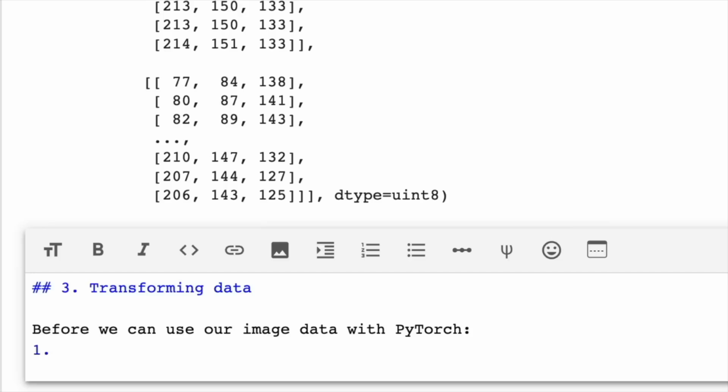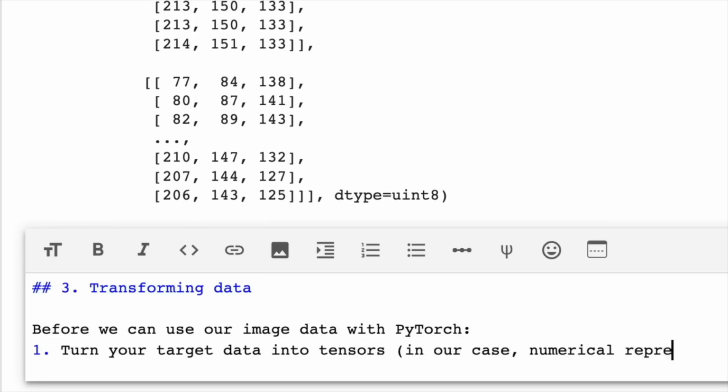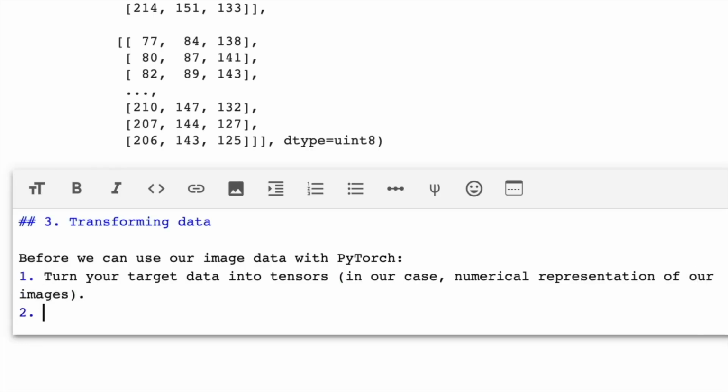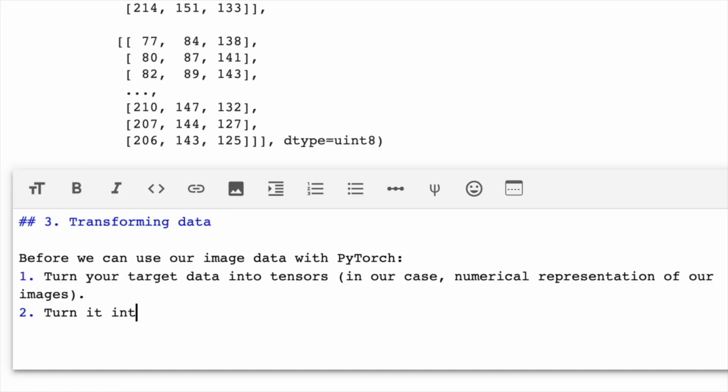So that's step number 1, turn your target data into tensors. In our case, it's going to be a numerical representation of our images. And number 2 is turn it into a